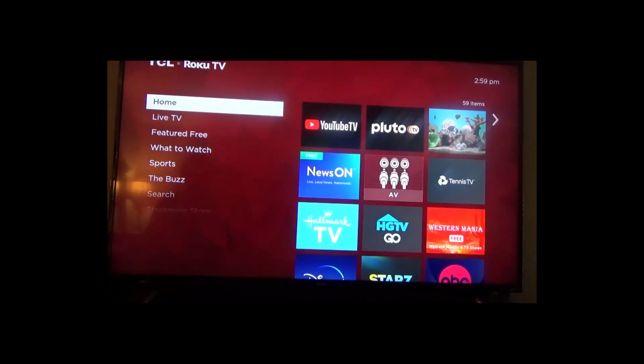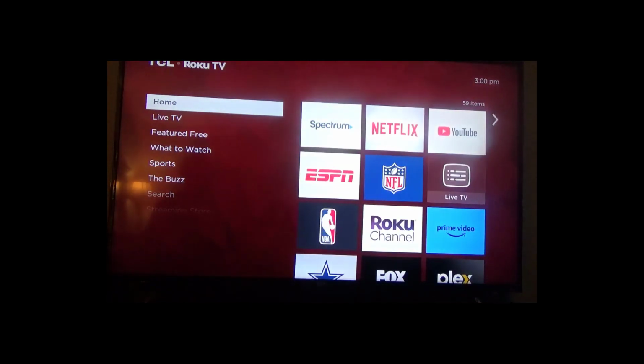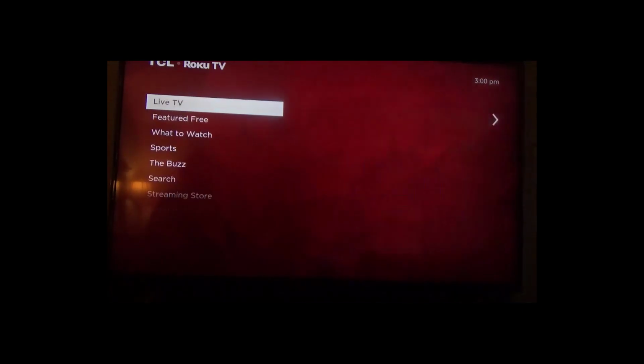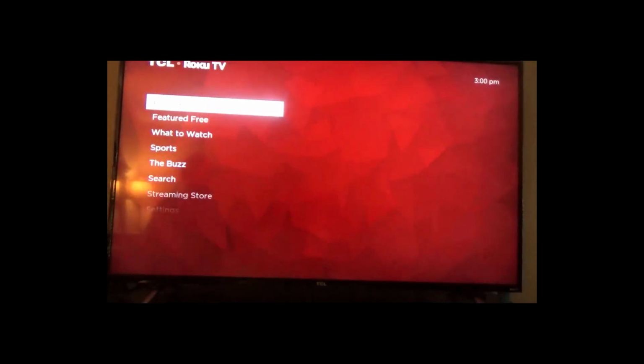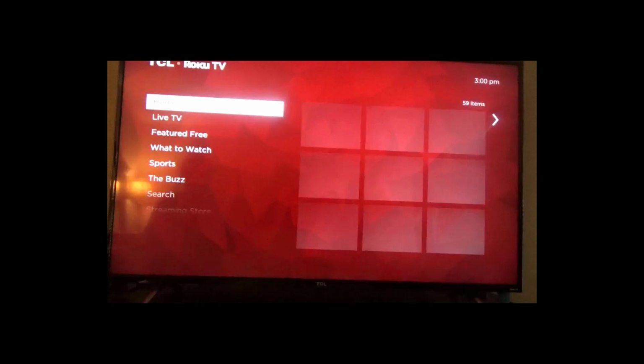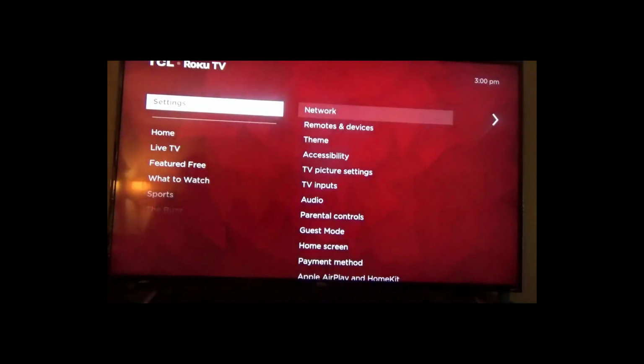Now one of the other things that I wanted to point out, go to settings. So go to the left here, and the settings is all the way down over here. So instead of going down, we go up. There it is. Go settings